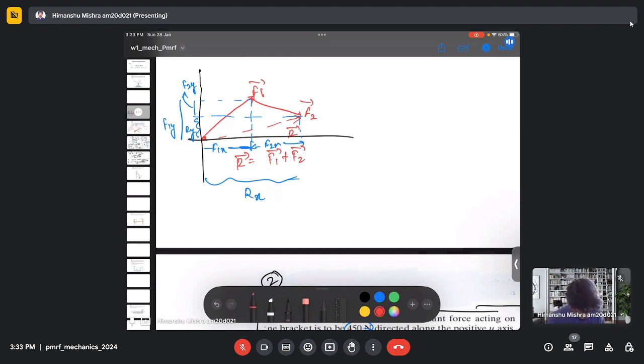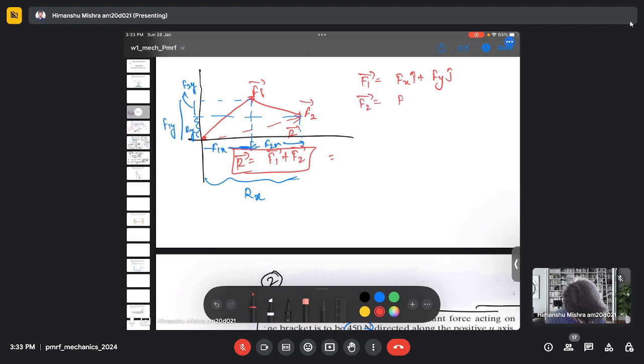Now the resultant will be given as the vector addition of F1 and F2, and F1 and F2 can further be split. So F1 can be given as F1x i and F1y j, and so does F2,